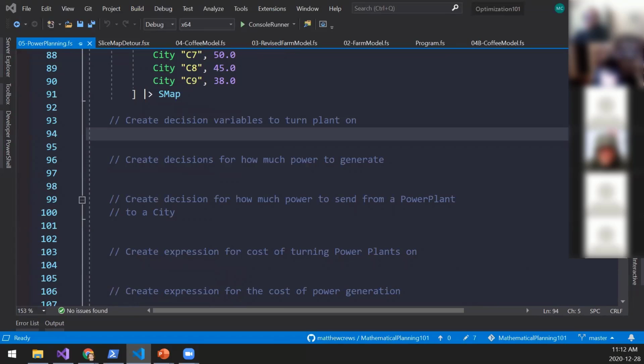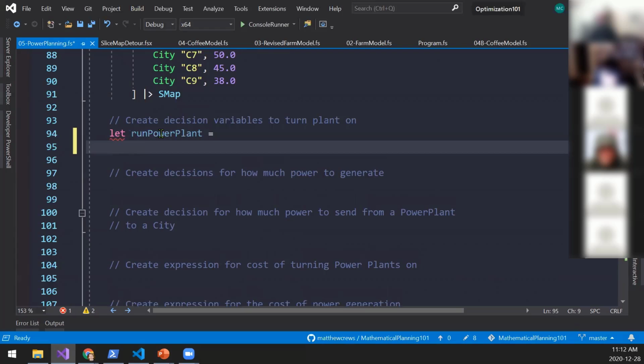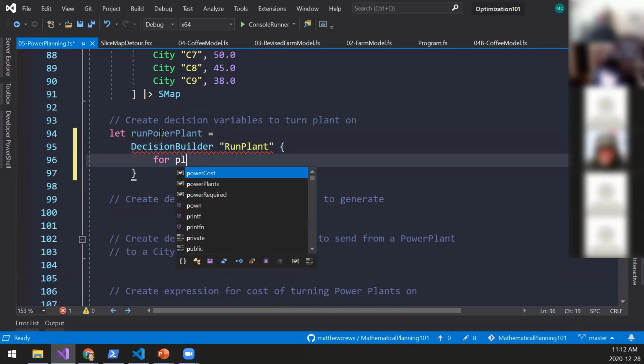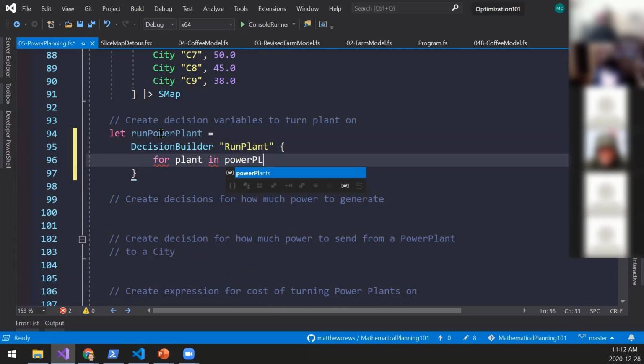So I need some decisions for whether to run the power plant or not. So let run power plant equal decision builder run plant for plant in power plants, Boolean.